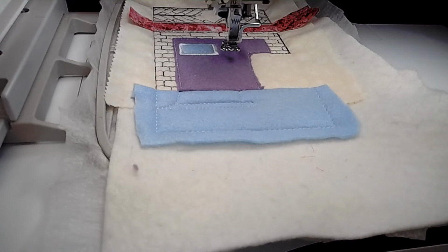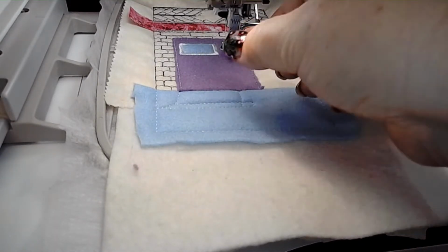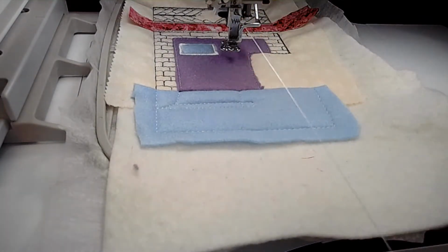Lots of thread changes. But well worth it! It's so well worth it. Alright, there's my puffy hands. Someday my hands won't be so puffy, but...